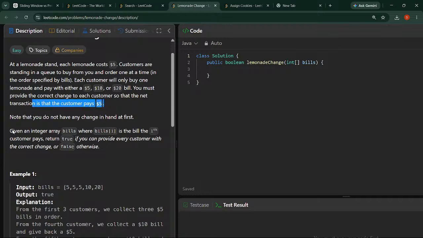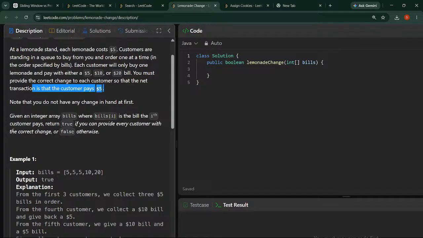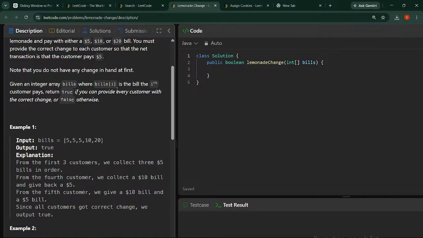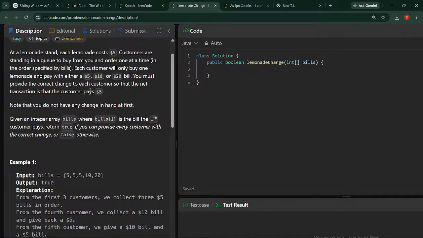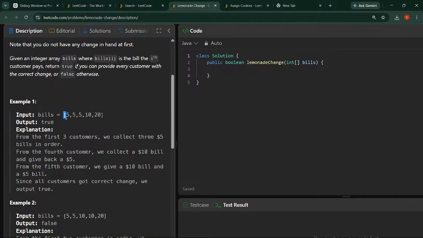Given an integer array bills, where bills[i] is the bill paid by the ith customer, return true if you can provide every customer with the correct change. Okay, I can only pay them in these denominations and I should get the net change in this much only, right? For the first three customers, there's no need of change. But for the fourth customer,